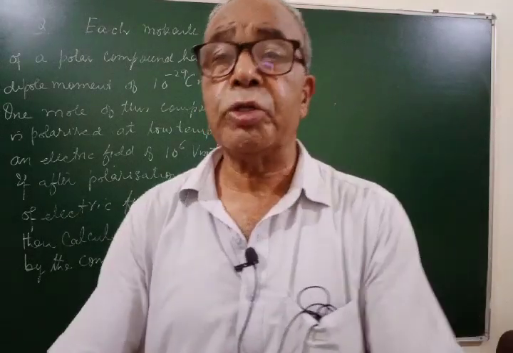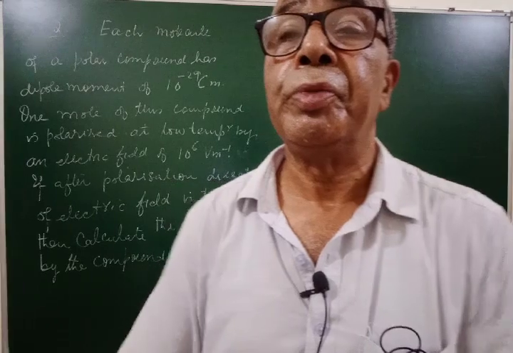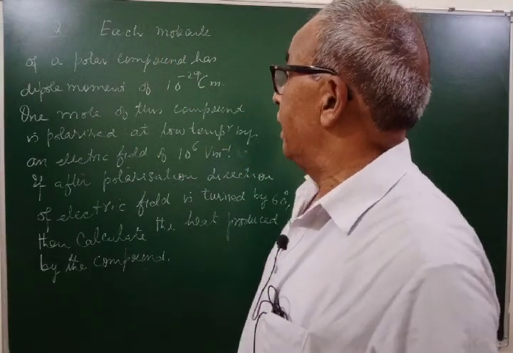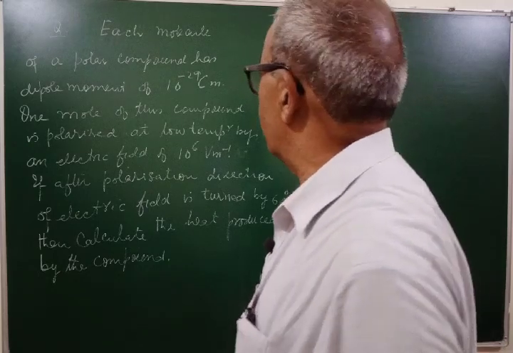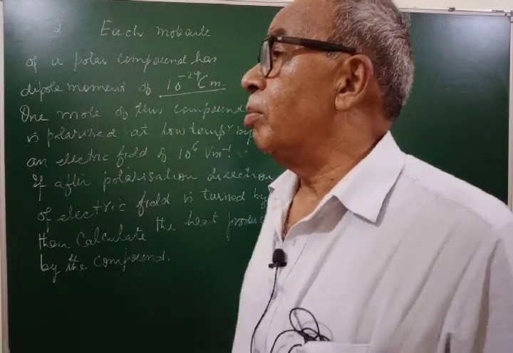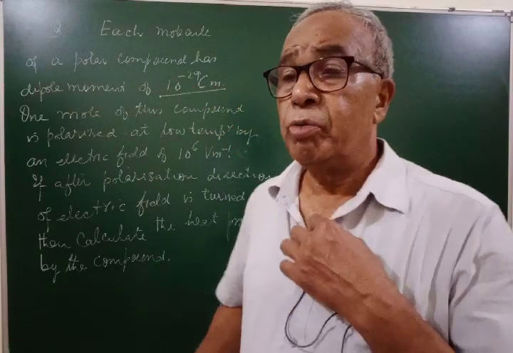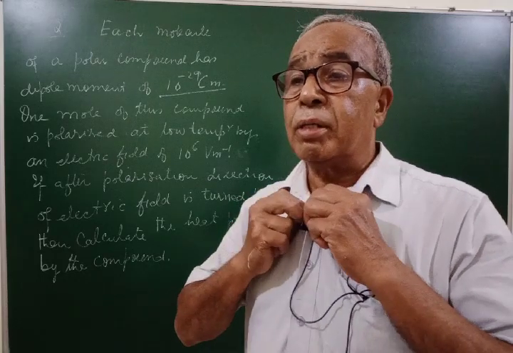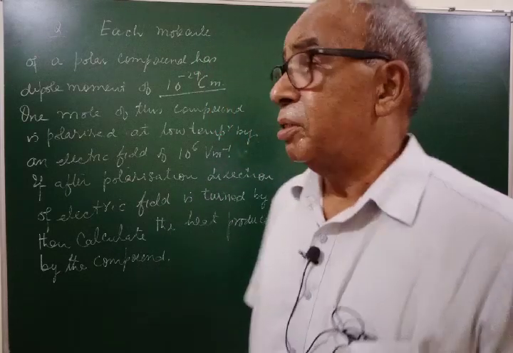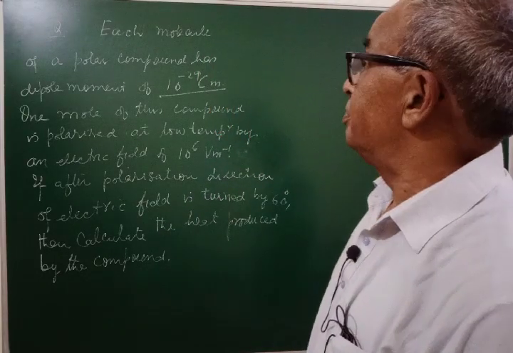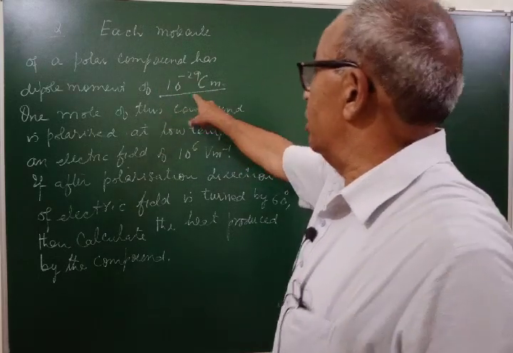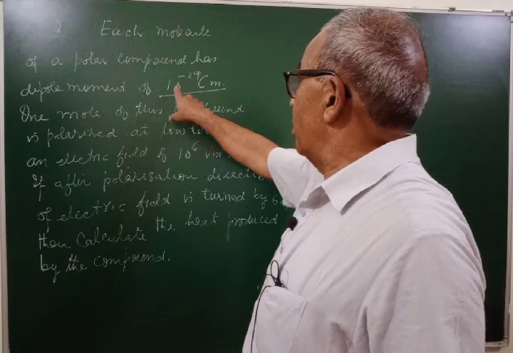Yes, dear student, there is a question for you on the board. Each molecule of a polar compound has a dipole moment of 10 to the power minus 29 coulomb meter. Polar molecule, you know which polar molecule? Covalent compounds in which each atom has some positive or negative charge form a dipole. So the dipole moment of each molecule of the polar compound is 10 to the power minus 29